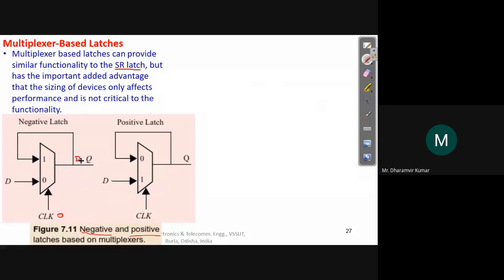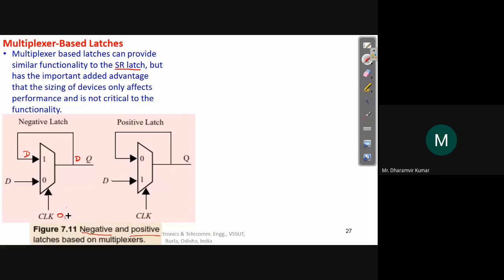Whatever is the value of D, it will come here. It may be 0 or 1, whatever, doesn't matter. And D is again fed back to the input side. So D comes here, right? When clock is 0, output is D, right? Now when clock